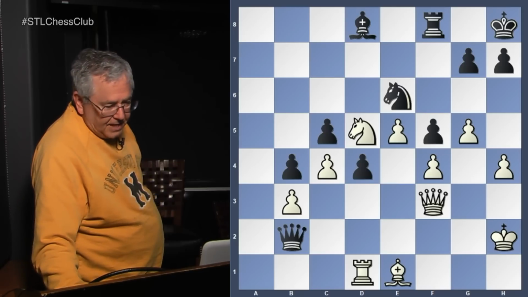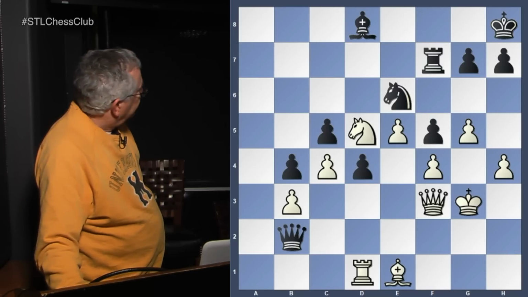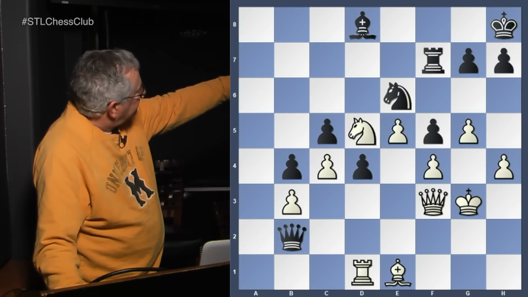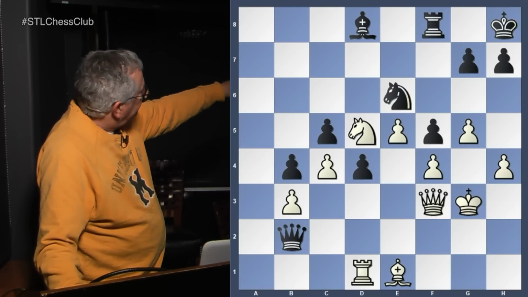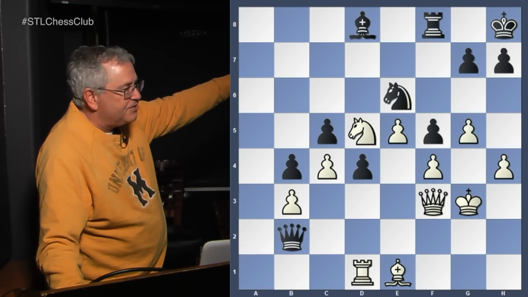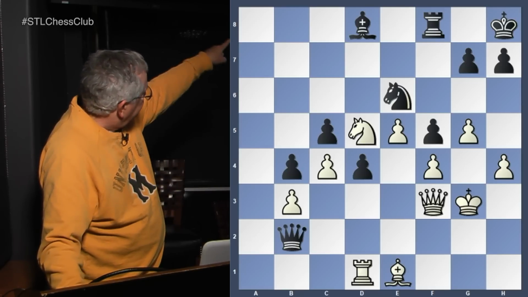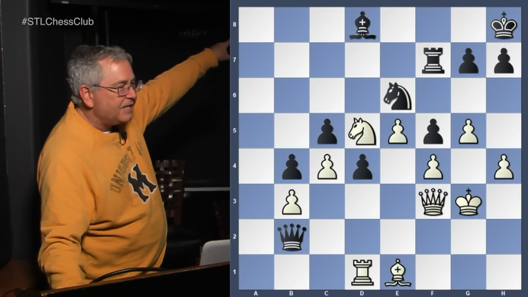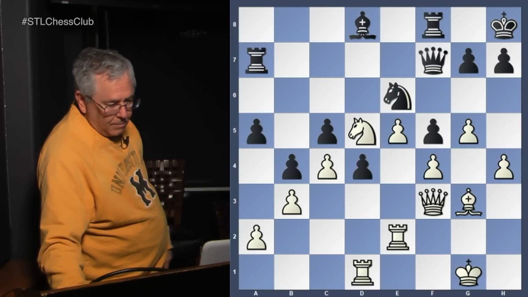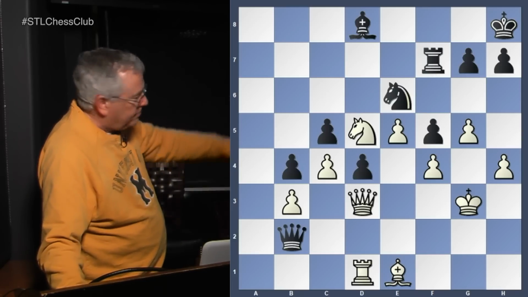Now the king goes up. The rook goes to f7. See how the rook is blocked by his bishop? He can't move the bishop up because the knight guards all the squares, so he's going to move. He wants the rook to come to the a file, so he has to go up one square, then he can go over. White plays queen to d3,